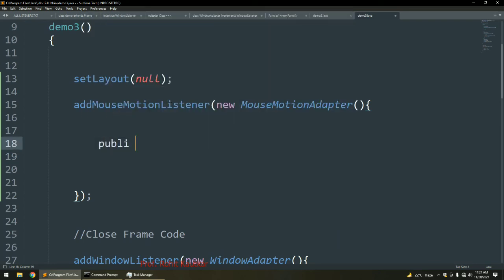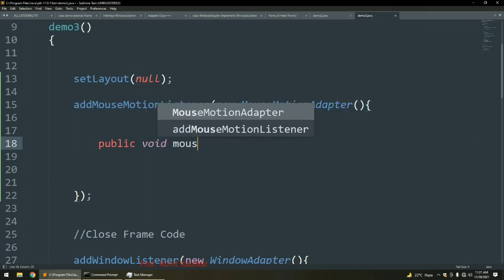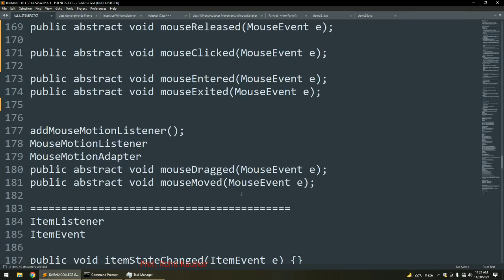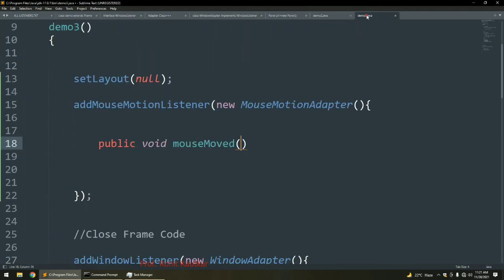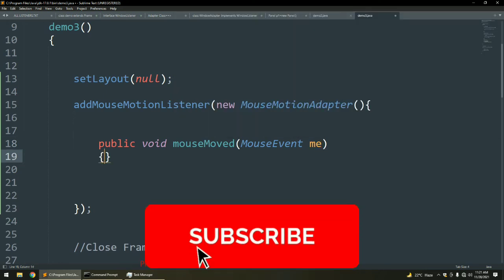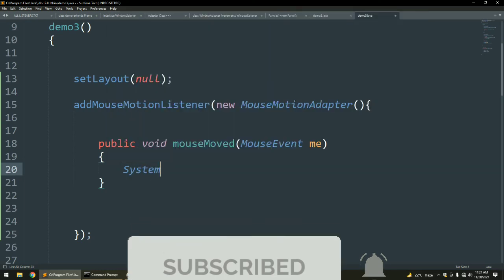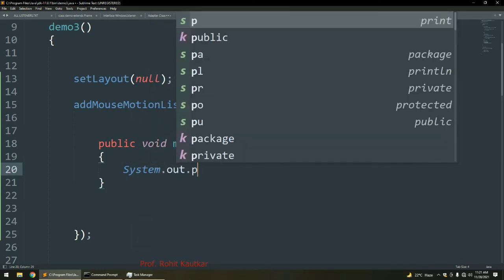And now I am going to implement the two methods of this MouseMotionListener interface. The first method is public void mouseMoved. You can see these two methods, mouseMoved and mouseDragged. So mouseMoved requires the object of the MouseEvent class again. Now what statement will I write here?